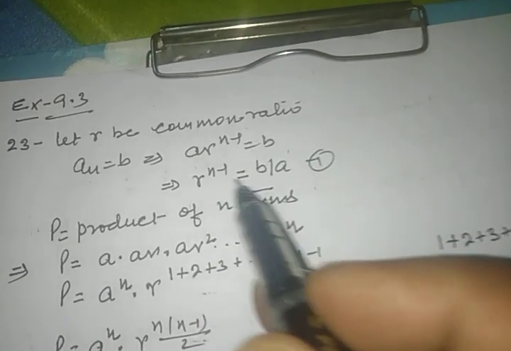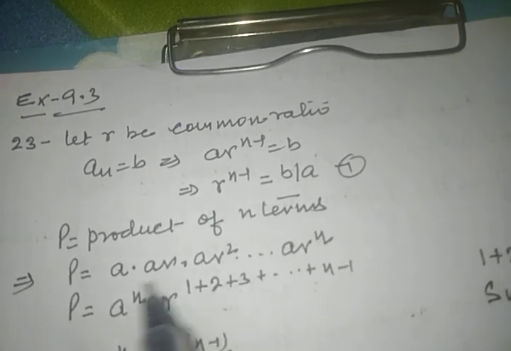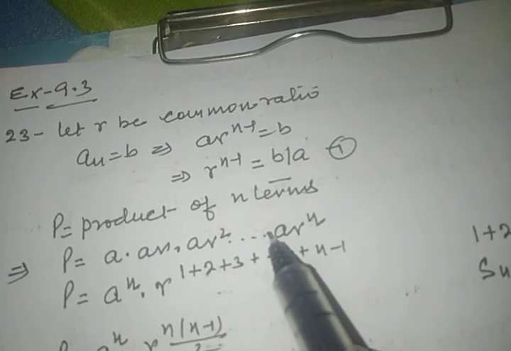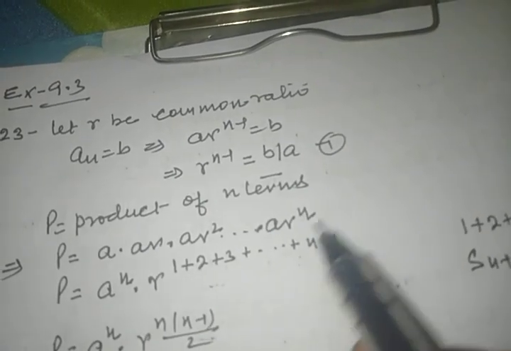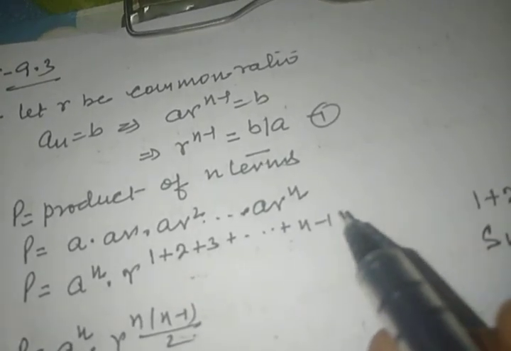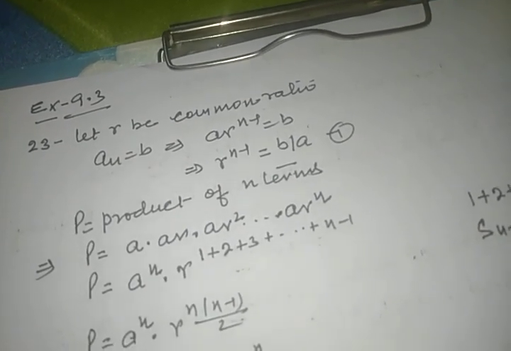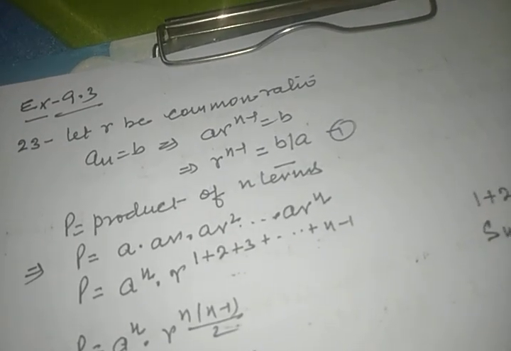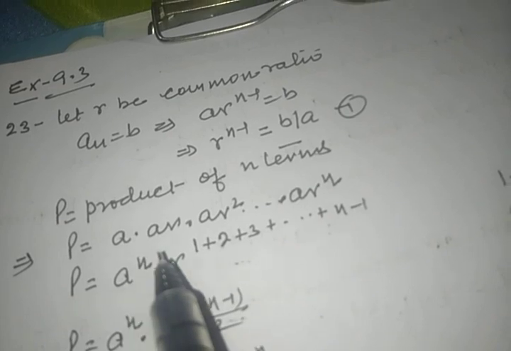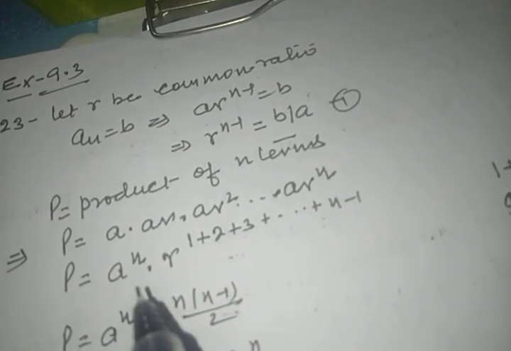So we get r^(n-1) = b/a. Now P is the product of n terms. So P will be a · ar · ar² up to ar^(n-1). Okay, so this is your sum of n terms. Now if you multiply here, a, ar like this, then what we get: